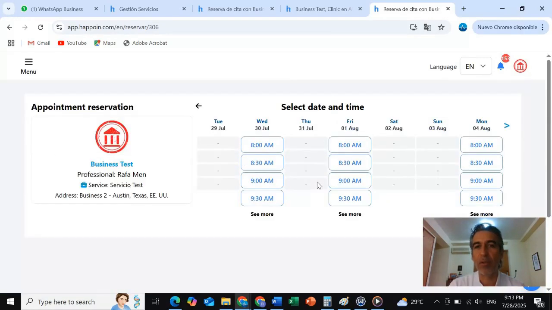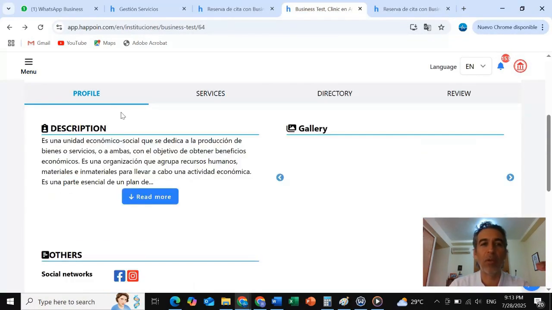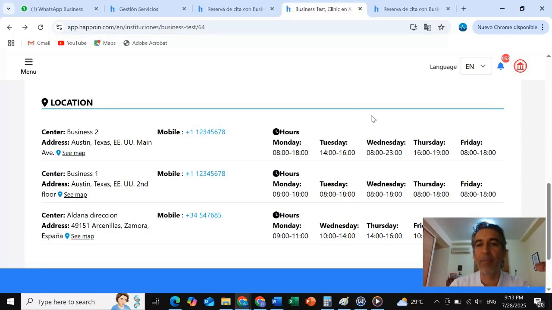And with this, you can see the available times and days enabled, and with this you have the booking link activated. These times shown here will be displayed based on the duration of the service, and according to the schedule you have set up in the addresses and hours option here, right? That's what you see here. If I show you down here, you'll notice that your addresses and business hours are displayed. So the service you create will be shown within this time range for the location you selected. In this case, we selected the second one, and that service will be displayed within that range of hours and